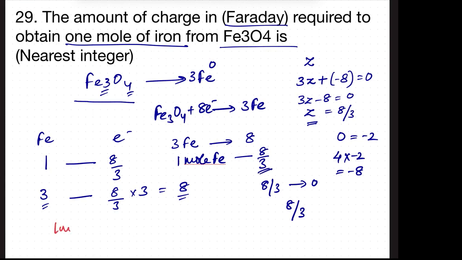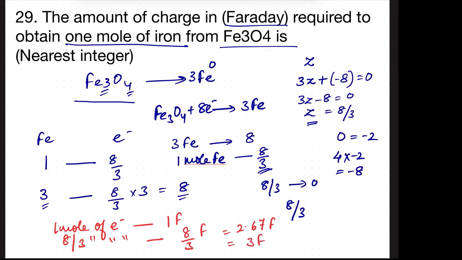Now 1 mole of electron carries a charge of 1 Faraday. Therefore 8 by 3 moles of electron will carry a charge of 8 by 3 Faraday, which is equal to 2.67 Faraday, and in nearest integer the value will be 3 Faraday. So the correct answer here will be 3 Faradays of charge, which will be required to obtain 1 mole of